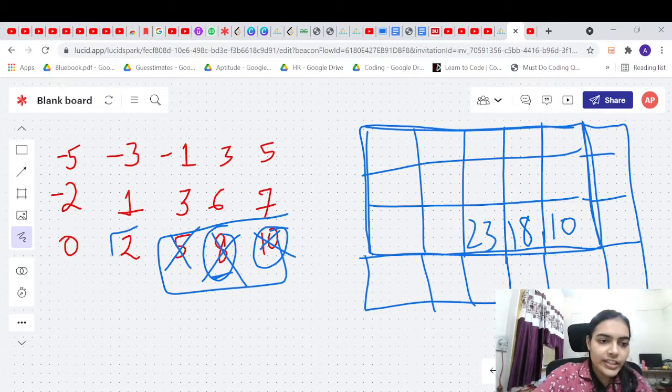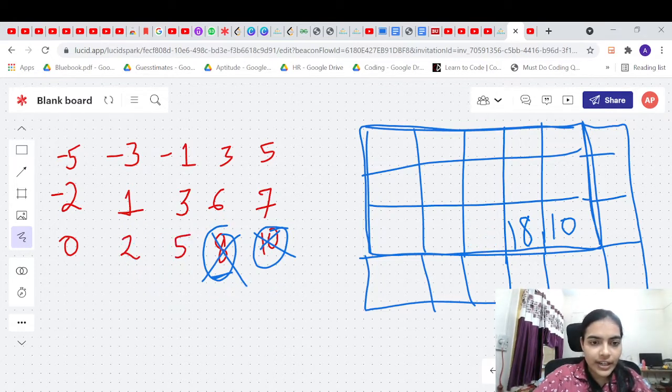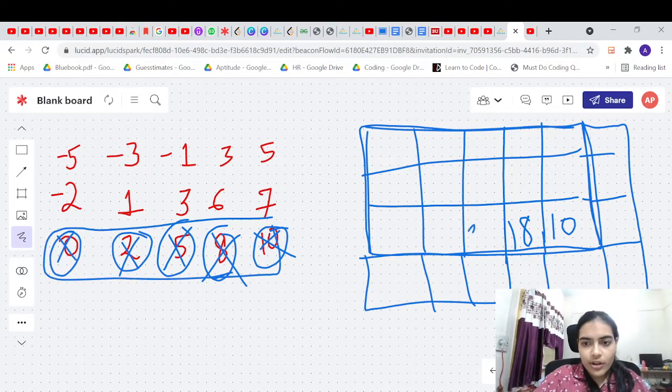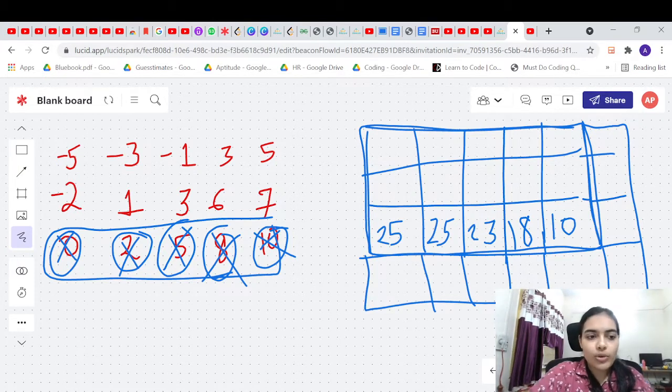Okay. Next, you have this region. You will prefer bombing it. You will be able to kill the entire region, right? So you will bomb this region, and you can bomb this region also. So you will get all of their soldiers. Let me write it out: 8 plus 10 is 18, 18 plus 5 is 23, 23 plus 2 is 25. So you are able to capture 25 of the soldiers by bombing this region. So it is advantageous to bomb this region.